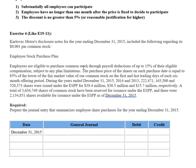The employees are eligible to purchase common stock through payroll deductions of up to 15% of their eligible compensation, subject to any plan limitations. The purchase price of the shares on each purchase date is equal to 85% of the lower of the fair market value of our common stock on the first and last trading days of each 6-month offering period. During the years ended December 31st, 2015, 2014, and 2013,